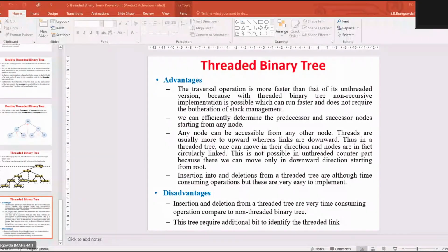Now let us look into the AVL rotations. The AVL rotations are mainly classified into two types. One is called a single rotation, the second one is called a double rotation. Single rotation is again classified into left rotation, called an LL rotation, and right rotation, called an RR rotation. Similarly, there are two types of double rotation.